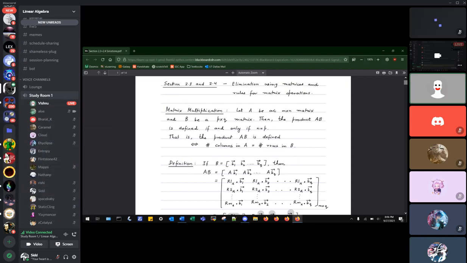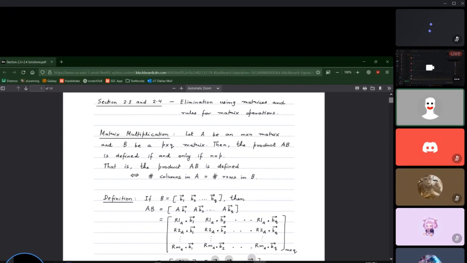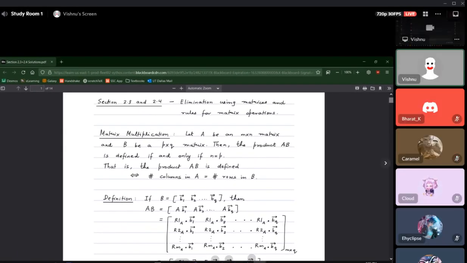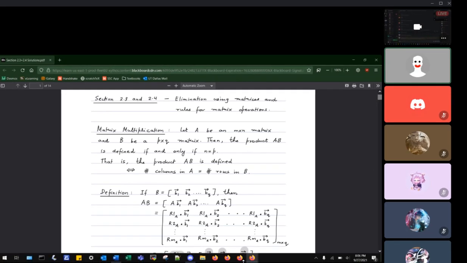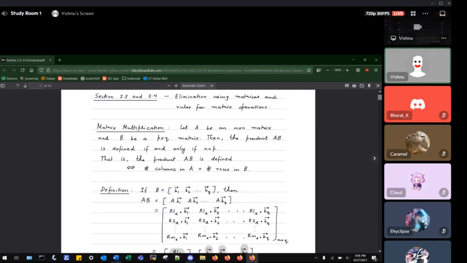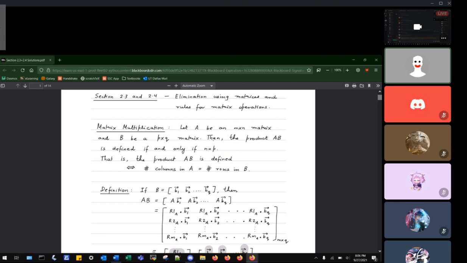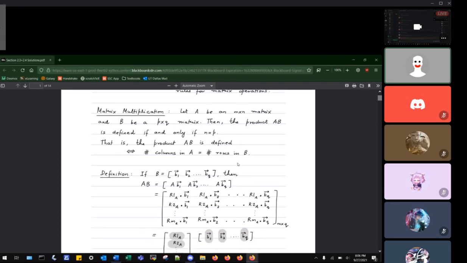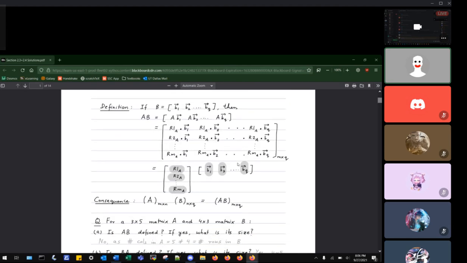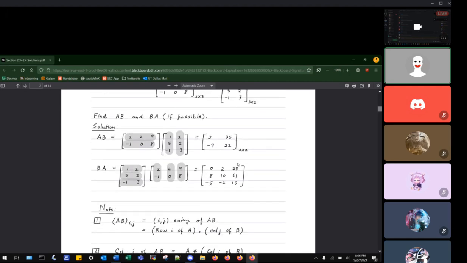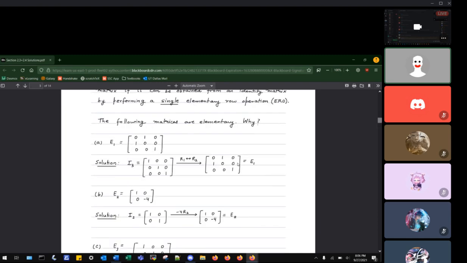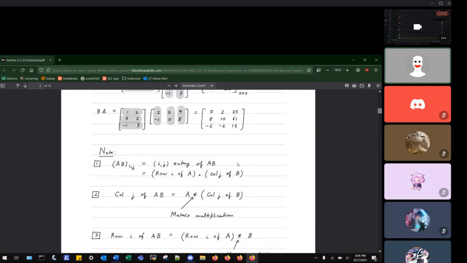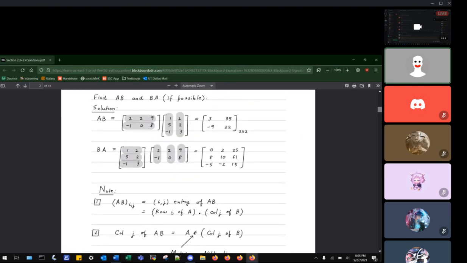B, such that the size of A is M by N and the size of B is P by Q, if and only if N is equal to P. So in other words, the number of columns in A is equal to the number of rows in B. And that would be computed by taking the dot product of